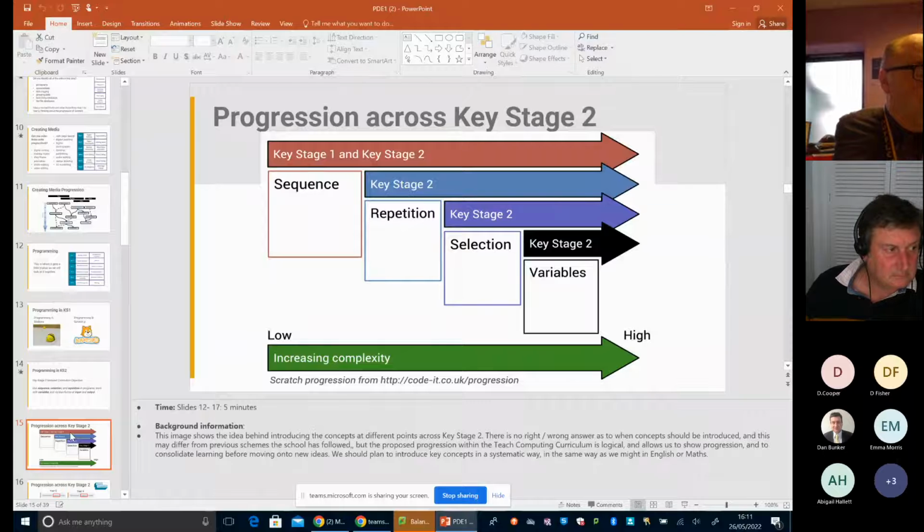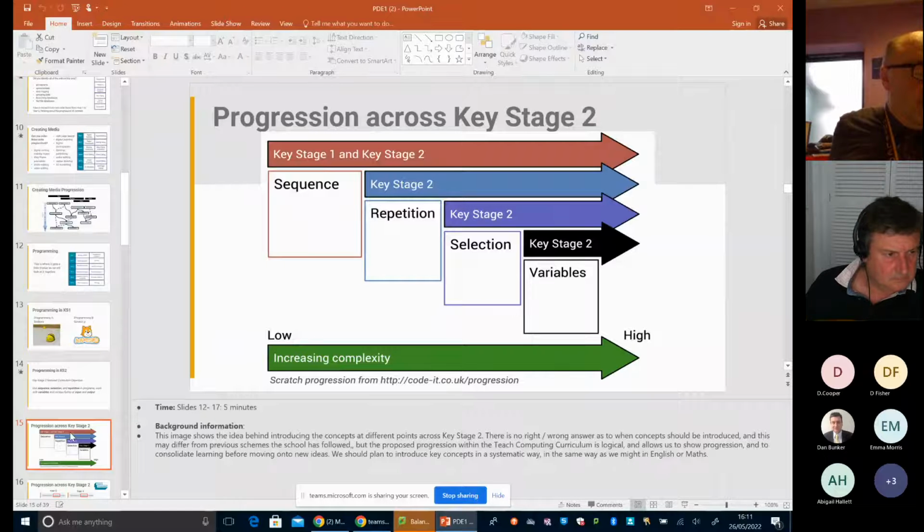And outputs, so if you're using the robots, then obviously getting the robot to do something, move around a track, or some schools have robots that pick things up and do things like that. So we're looking for different types of output.